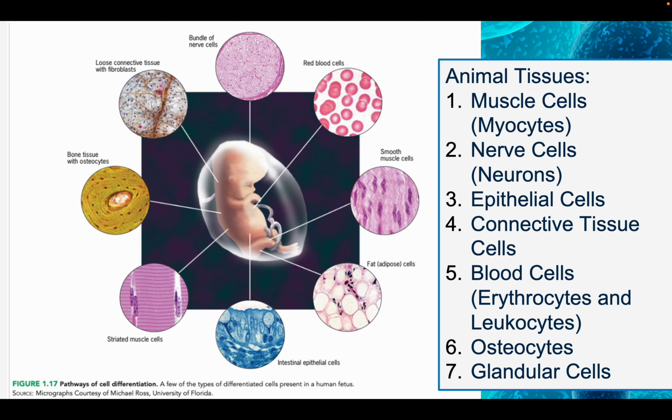Okay? Next, nerve cells or the neurons. Neurons transmit electrical signals or nerve impulses throughout the nervous system, enabling communication between different parts of the body and facilitating responses to stimuli. The epithelial cells form a protective lining of various body surfaces such as the skin,